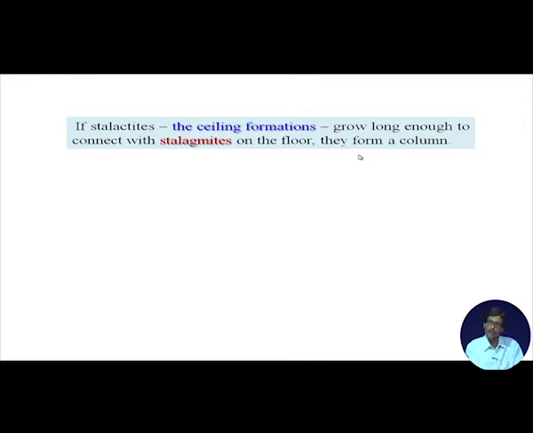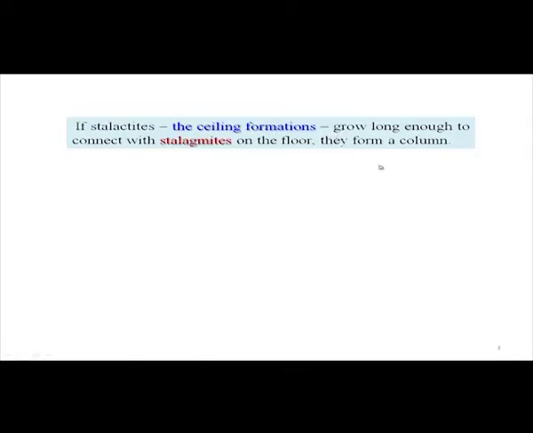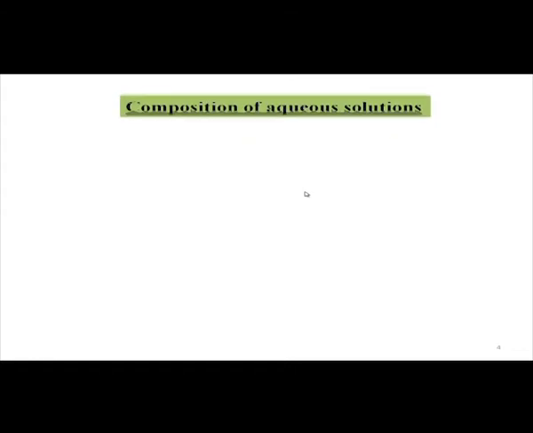So, how the column-like structure is forming, because you know that there are different types of crystals we can have, the recrystallized form of any saturated solution, such as the sugar solution or the sodium chloride solution. When we go for the recrystallization process, we know they have different forms and different structures. So, if we talk about all these things, we should know the corresponding chemical composition, and the composition of a particular aqueous solution.